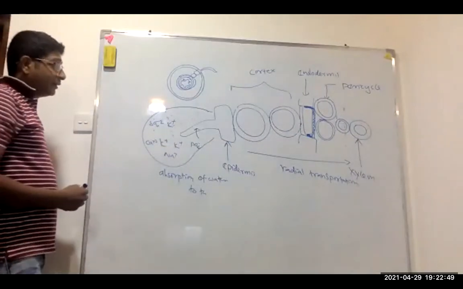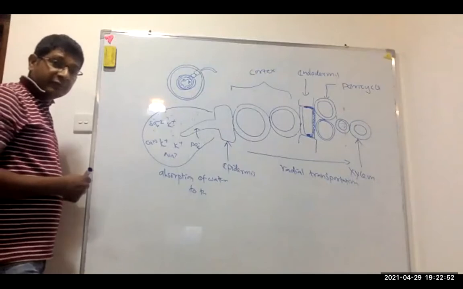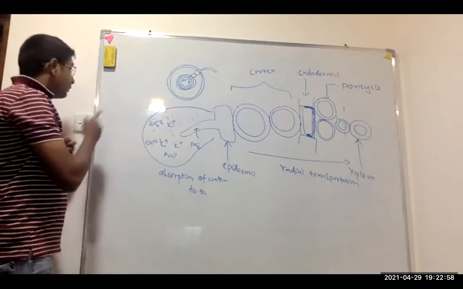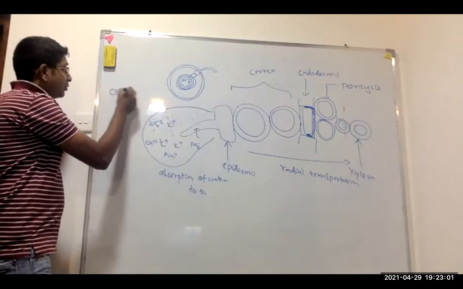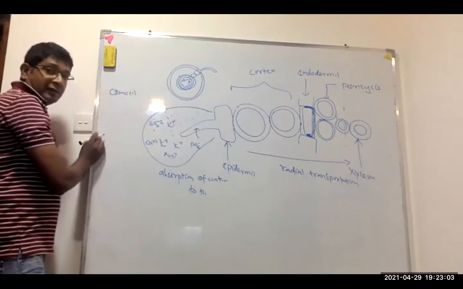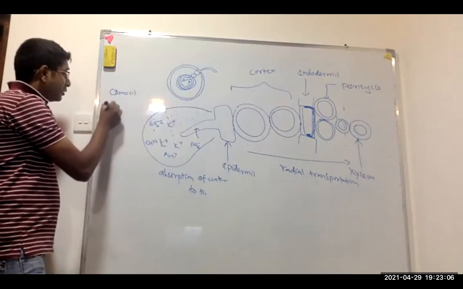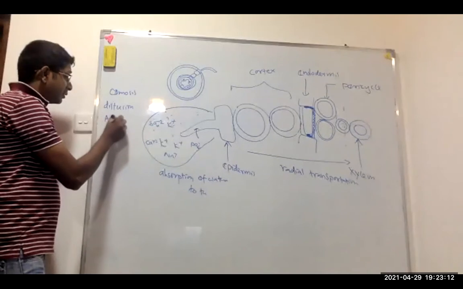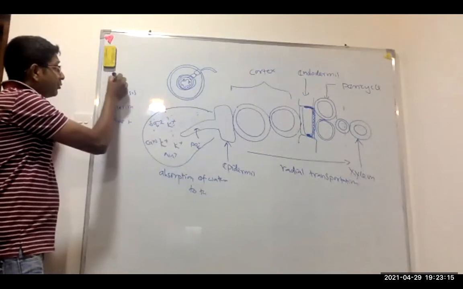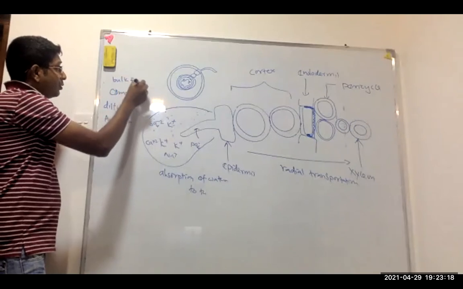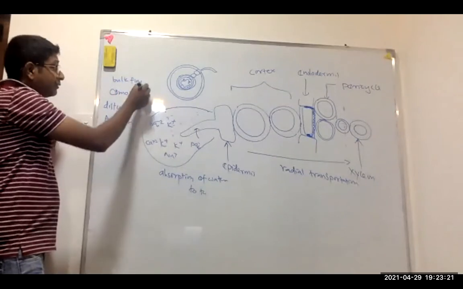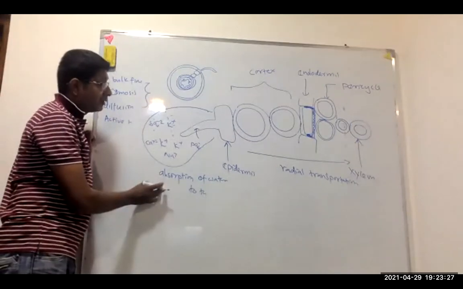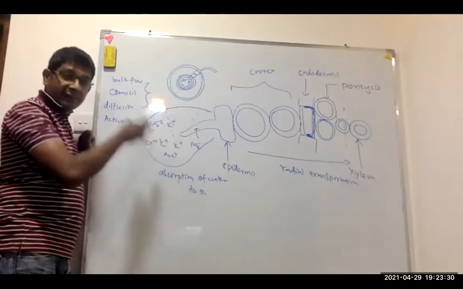Right? Therefore, there are several types of mechanisms that can be used that we studied earlier, right? Then one is osmosis. Diffusion. Then after that, active transportation. Then bulk flow. Right? These are the mechanisms that are involved in absorption of water, then radial transportation as well as ascent of sap.